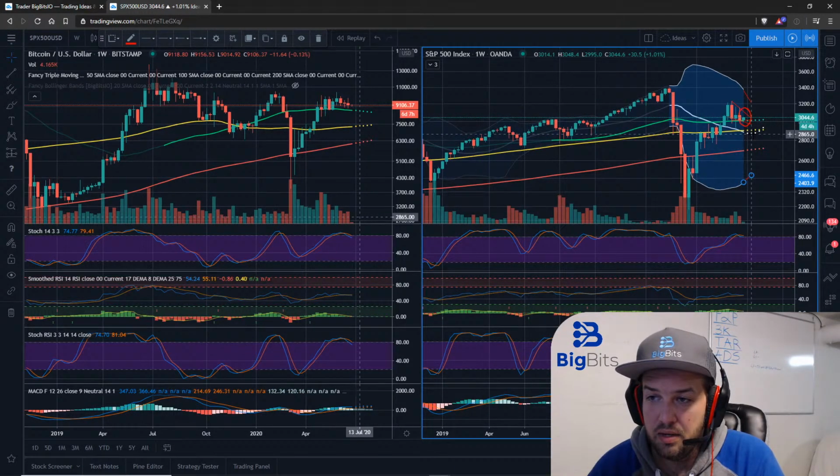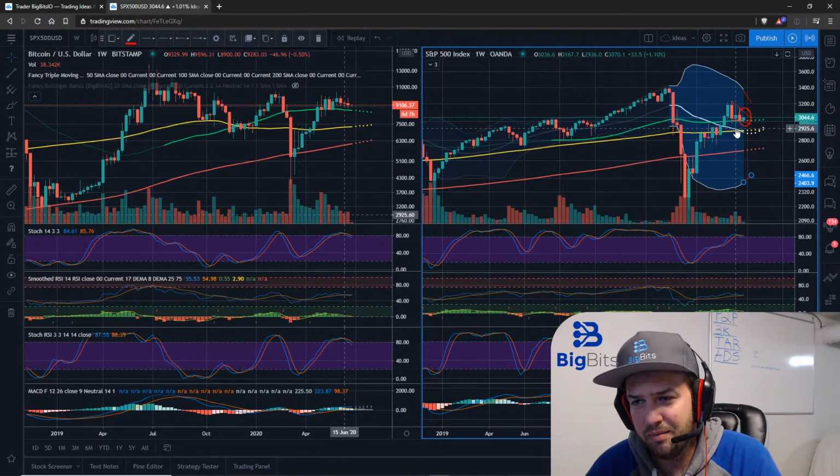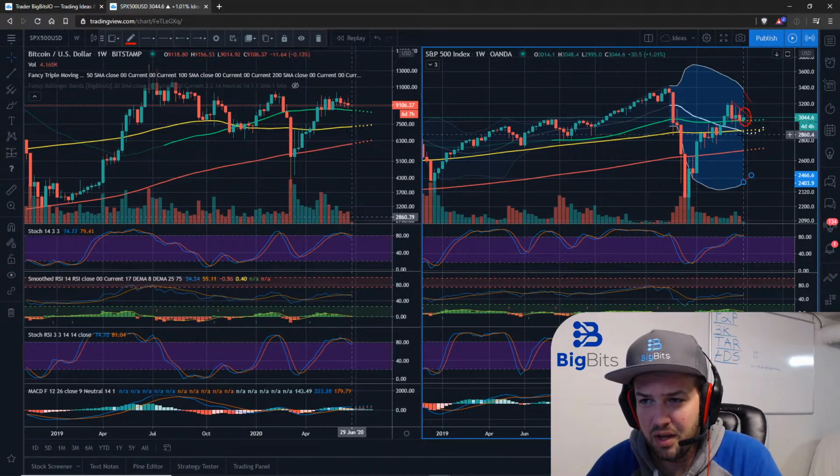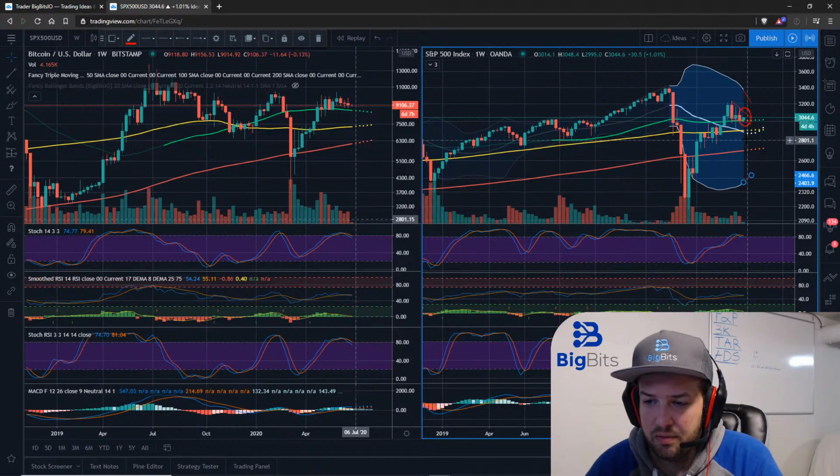Looks like the mid band aligns with that, and you would think that it would at least come back down to the mid Bollinger Band. It kind of did here, but there was also a lot of other stuff that held it up there as well. So yeah, it's a little bit confusing right now,